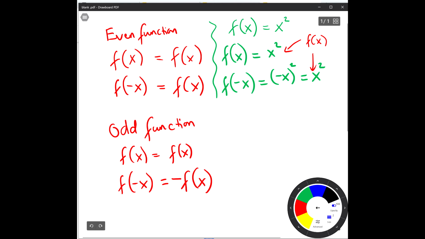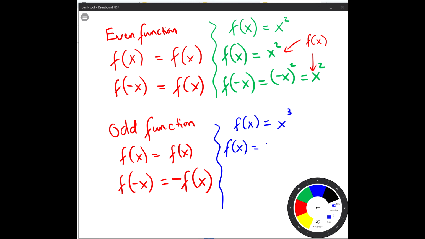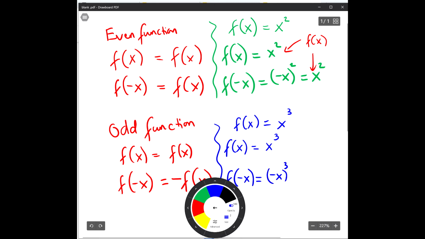Okay, the second one. But if now I give you f of x equals x cubed, and then I do the same thing to determine whether it's even or odd. So you have f of x equals x cubed. The same thing, right? And second one, I try with f of the opposite of x. So I have the opposite of x raised to the cube power. And then we get